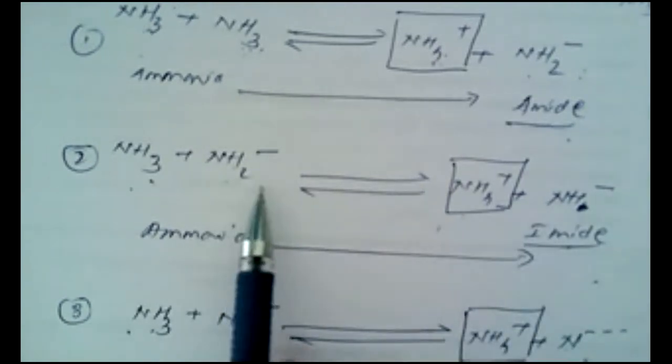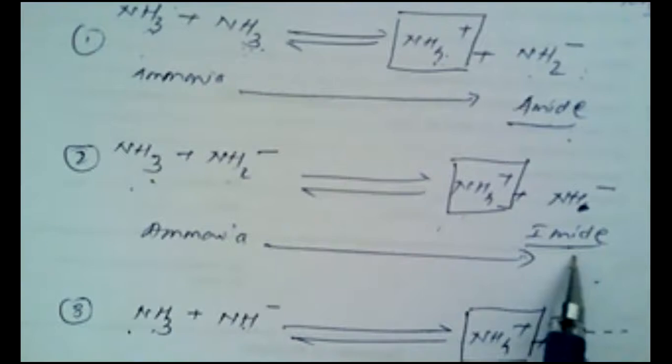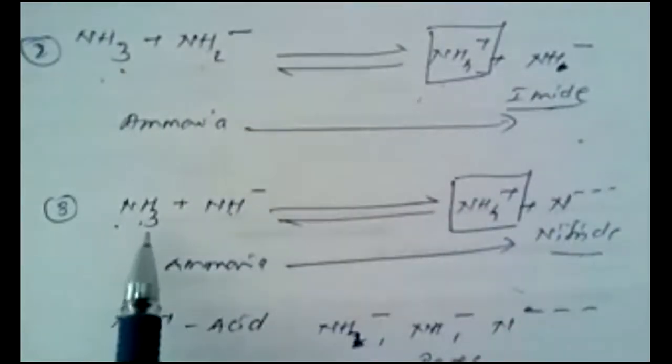How is this NH4 plus formed? One of the hydrogens is dissociated, and it combines with NH3 to form NH4 plus, that is the ammonium ion, plus the remaining part is NH minus, where one of the hydrogens is replaced, hence it is known as an imide. So NH minus is nothing but the imide, and this imide now reacts with liquid ammonia, that is the third step of the reaction. Then one of the hydrogens is dissociated to form NH4 plus, and the remaining part N3 minus is known as a nitride.